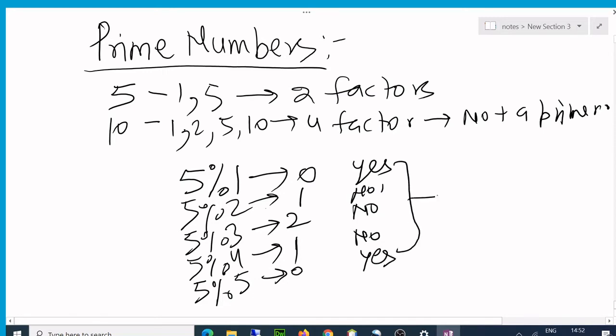So how many factors does it have? 2 factors. Therefore it is a prime number.